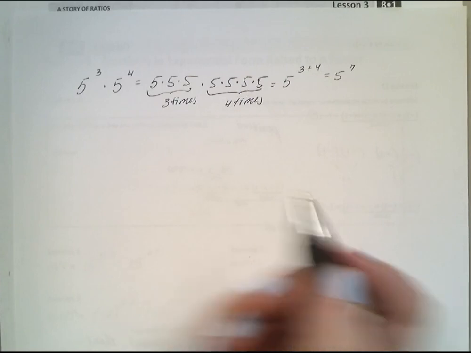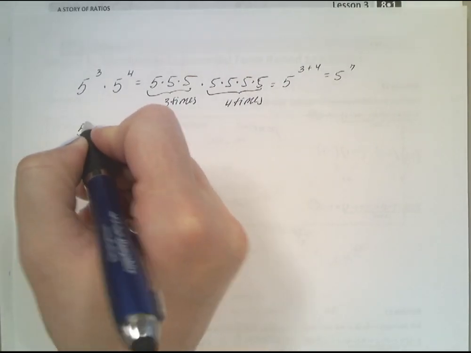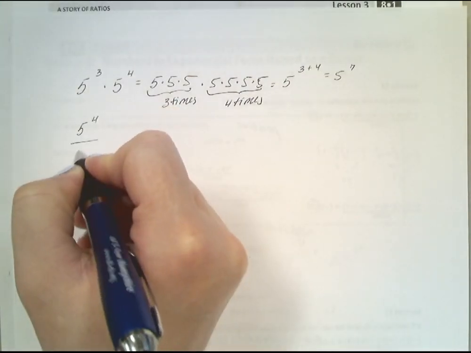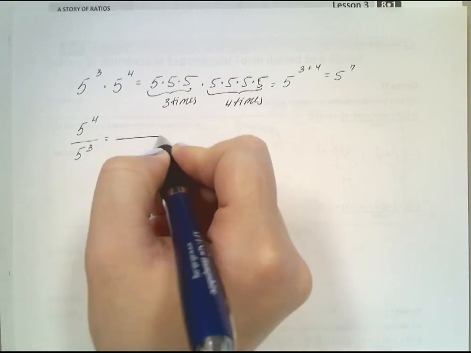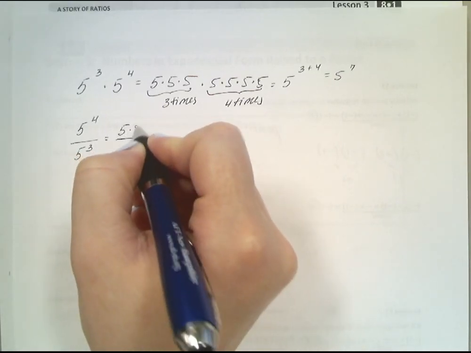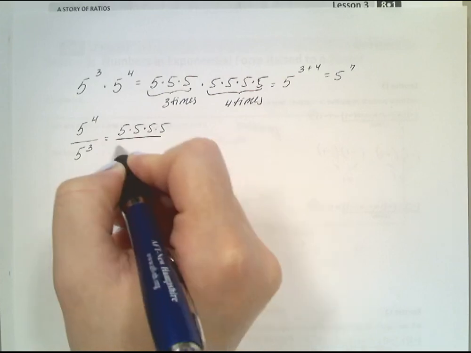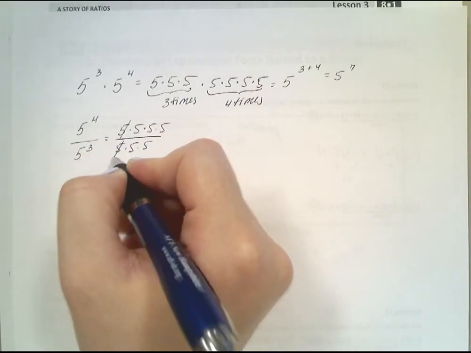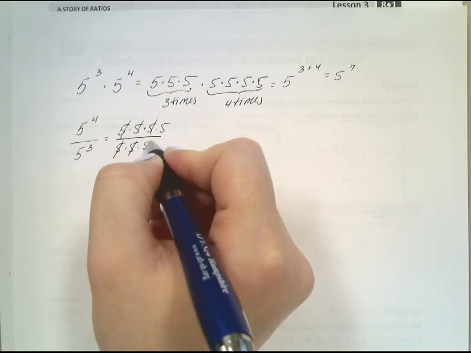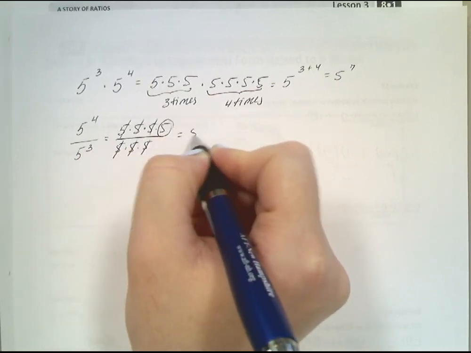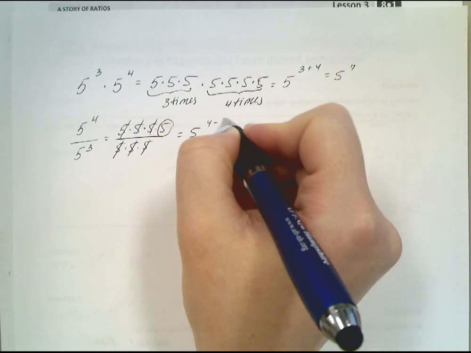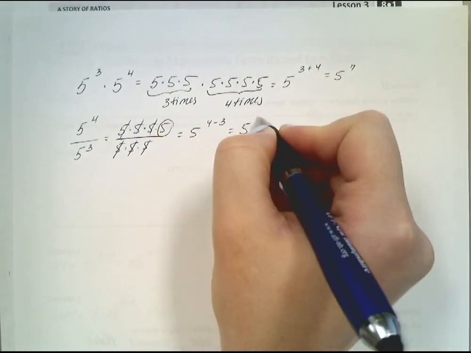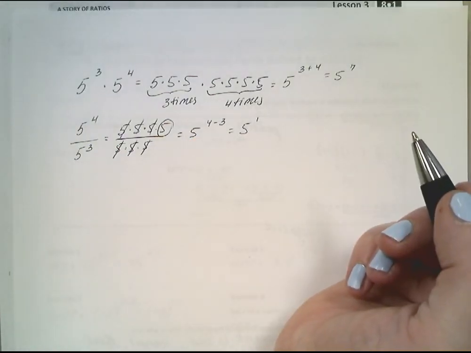For division, we had 5 to the fourth divided by 5 to the third. And if I were to rewrite it and simplify the pairs that make 1, I will get 5 to the power of 4 minus 3, which is 5 to the first power. Okay. Now,